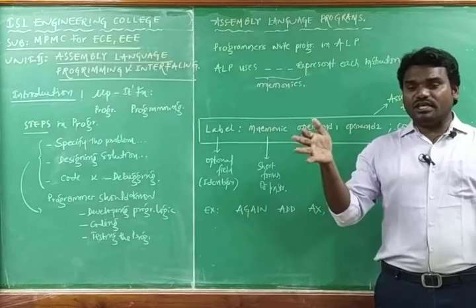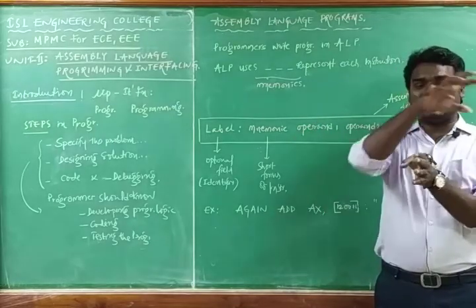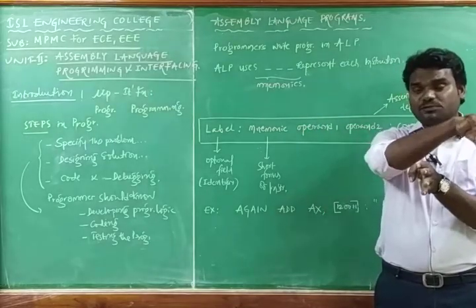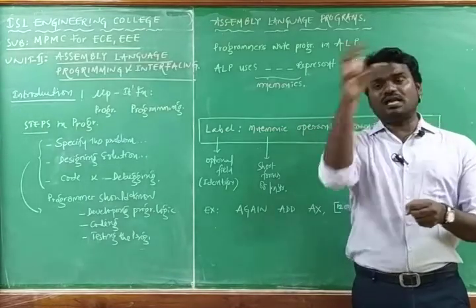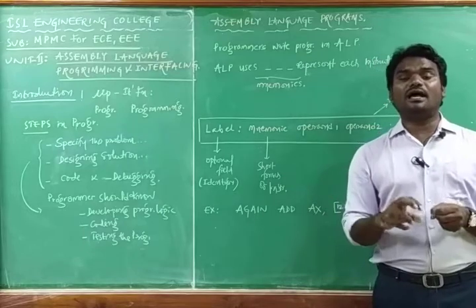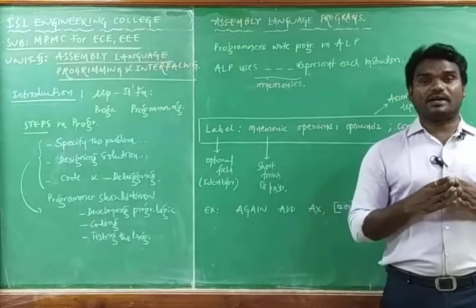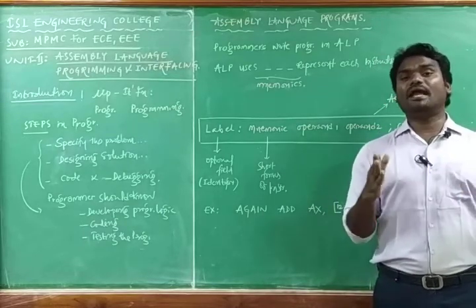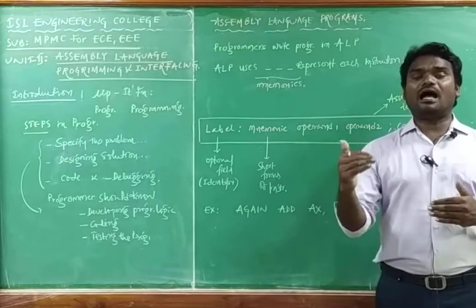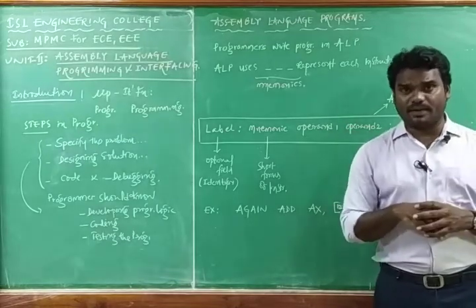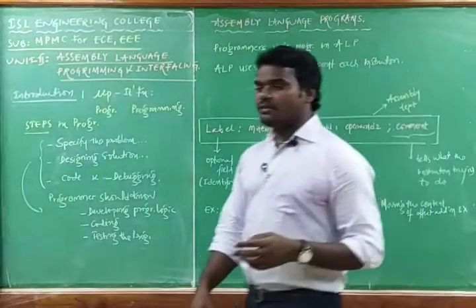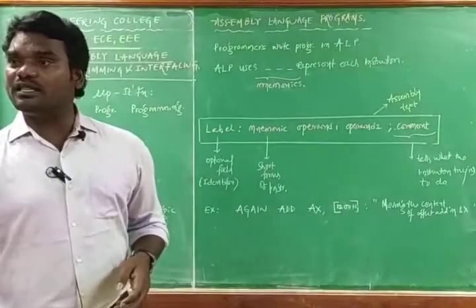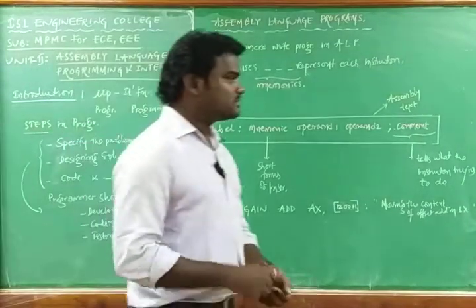That means these two have to be added. The instruction is add, so it is specifying that these two numbers have to be added. The instruction operates on these two data, and these two are named operands. Operand is nothing but the data on which instructions can operate. We know that operands can be of two types: source operand and destination operand.